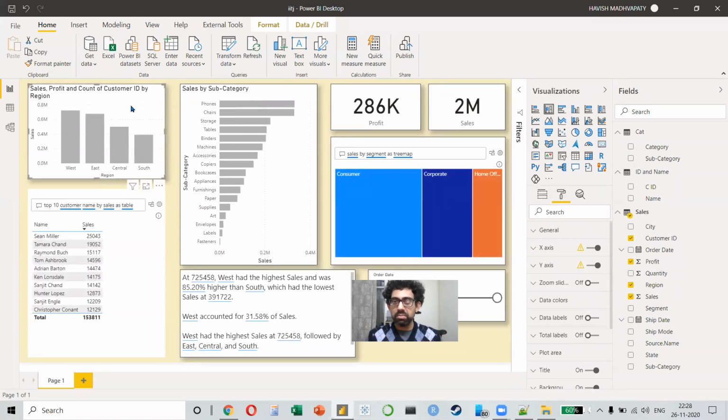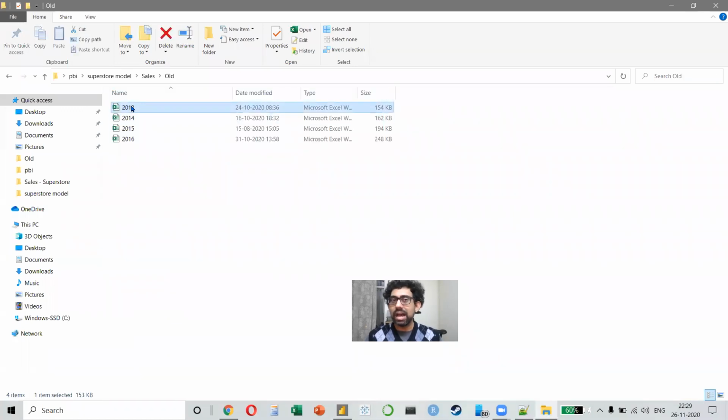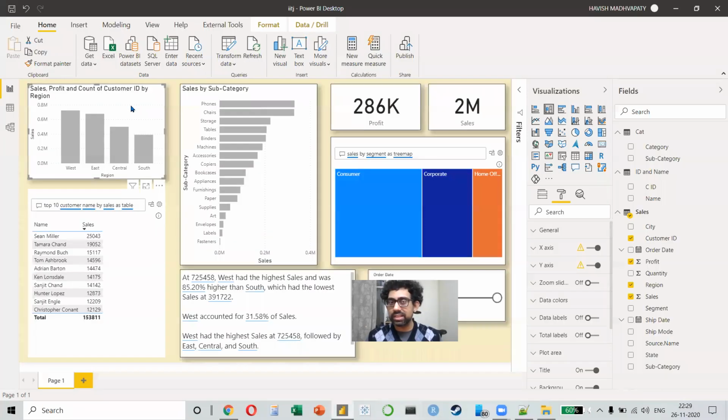But now the problem is we want to do some calculations. We want to find the profit margin. So we have the sales with us, we have the profit with us, but we want to calculate the profit margin. Where do you do that? Now in Excel, right? I just want to have this data on Excel. Remember the 4 files have been combined, 13, 14, 15, 16. How do you put that back on Excel?